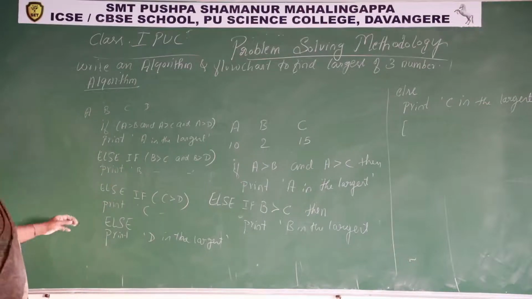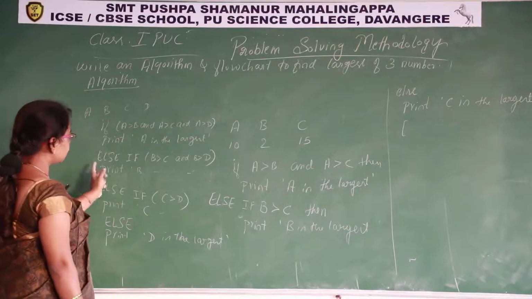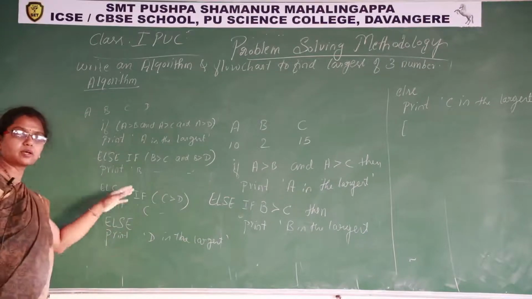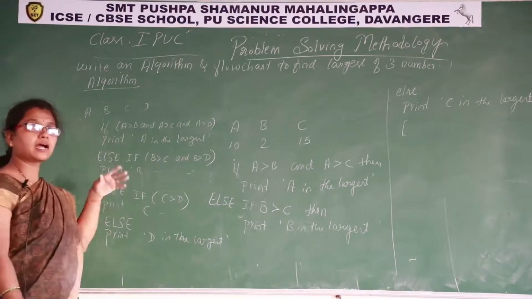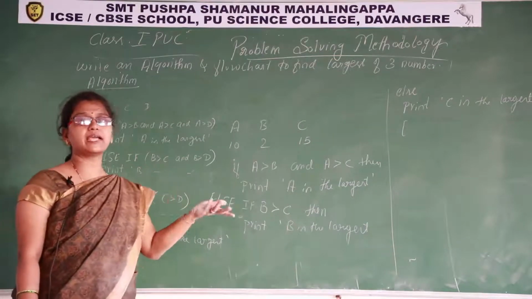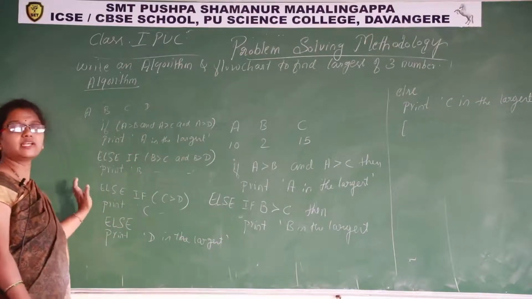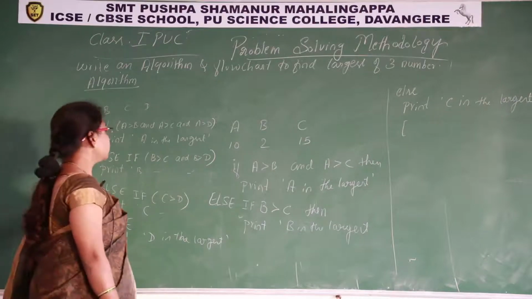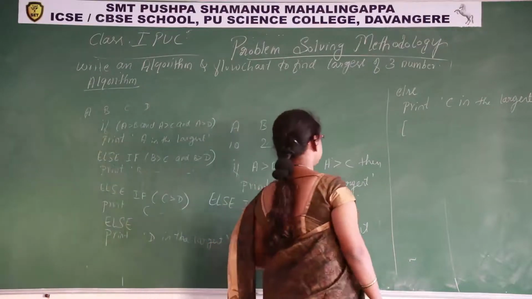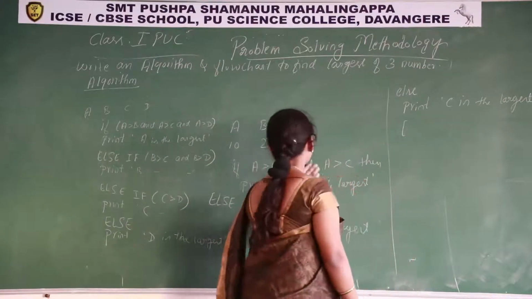See, the programming solution approach is like this: if, else if, else if, else. If some more numbers are there, then we'll write else if, else if, else if. At the end, the last case, the default case, we'll write in the else part. So this type of if-else structure, we call it as ladder, else if ladder. Okay. So what I have to write? End of else if ladder. Here I have taken 3, no?